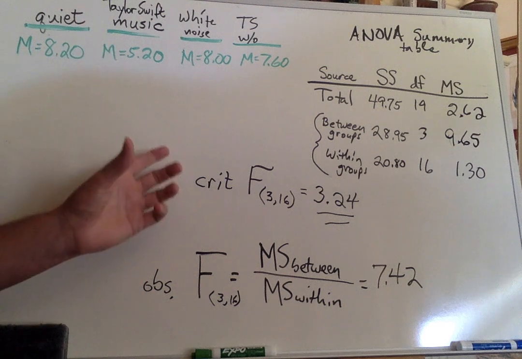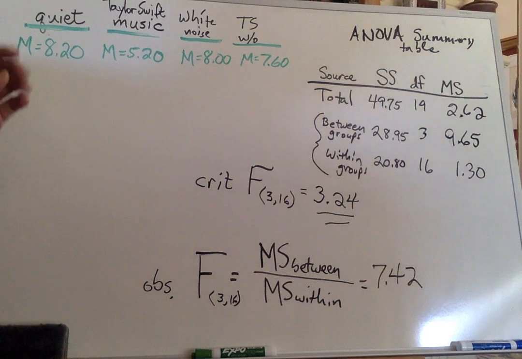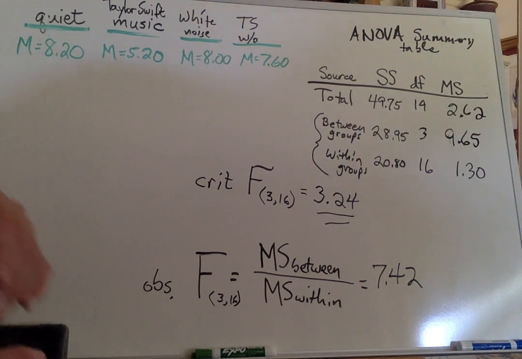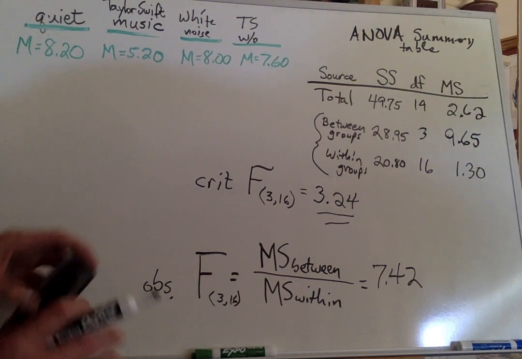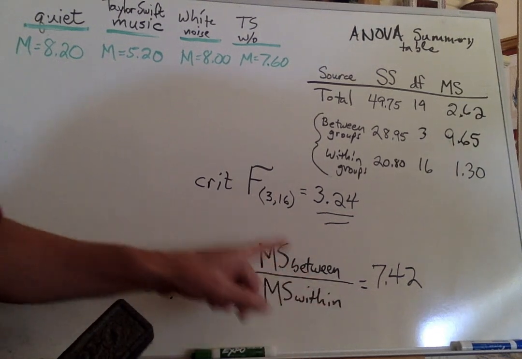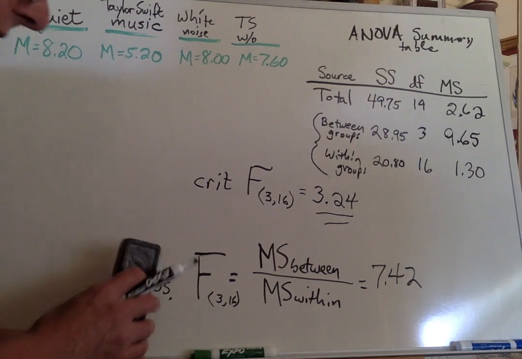A t-test allowed us to do research with 2 groups. Analysis of variance will analyze the data from more than 2 groups. So, our observed value bigger than our critical value, we reject the null. Now,